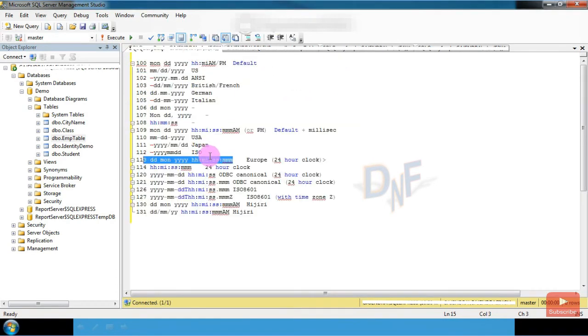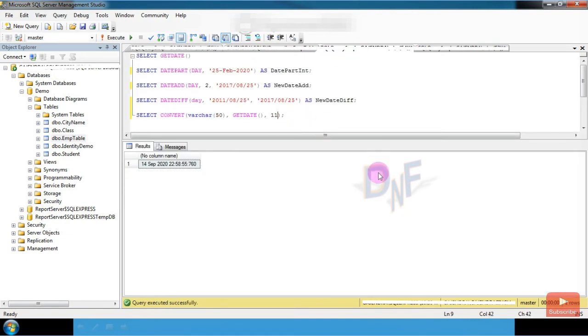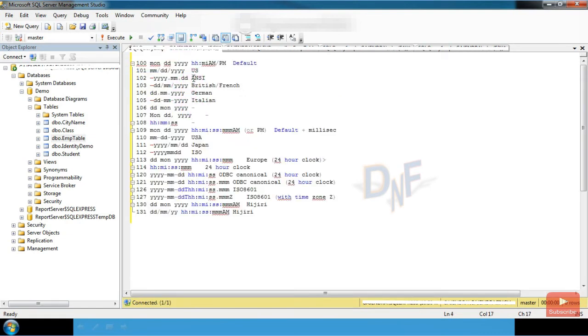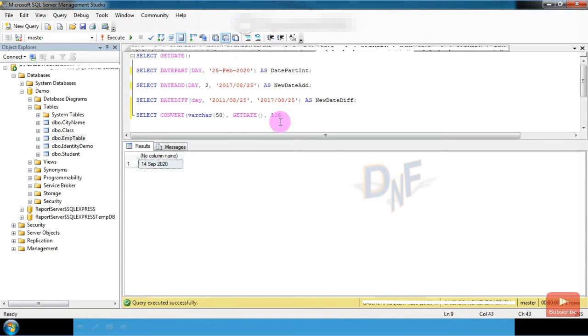And if I want some other format, like just the date, month and year, I use 106. You can see I get only date, month, and year. There are also other formats, like the US format 101.